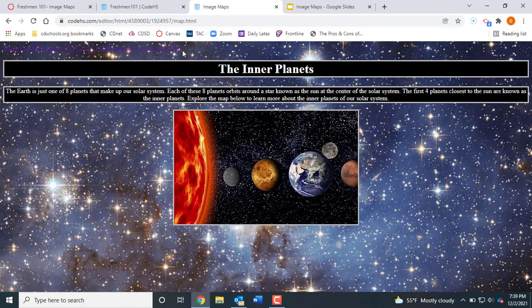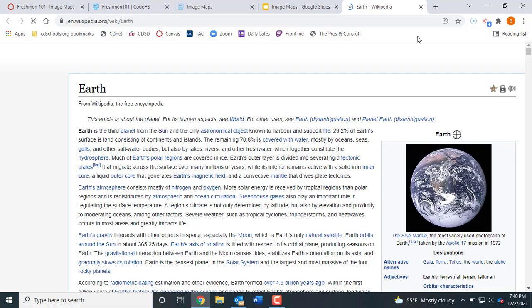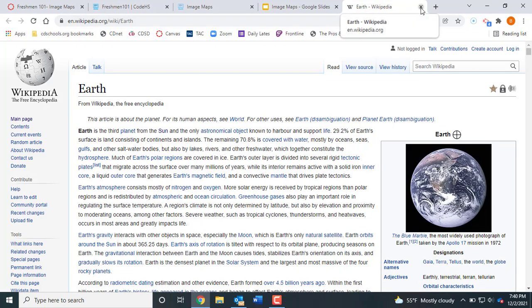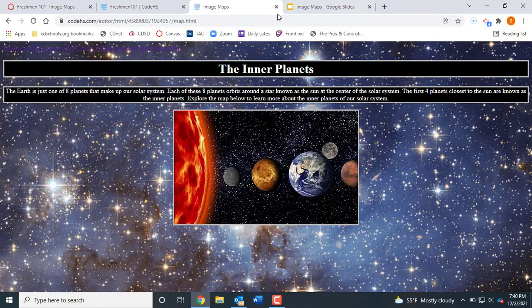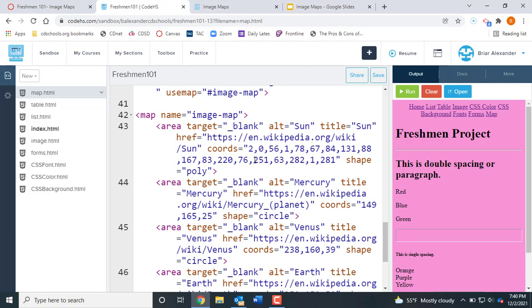All right, and there we have it. That is our image map. We have our heading, we have our paragraph, we have our image, and then we have the specific hotspots mapped out where the user can click on those individual locations and find out more information about the inner planets. Now once you are completed with this and everything is working,